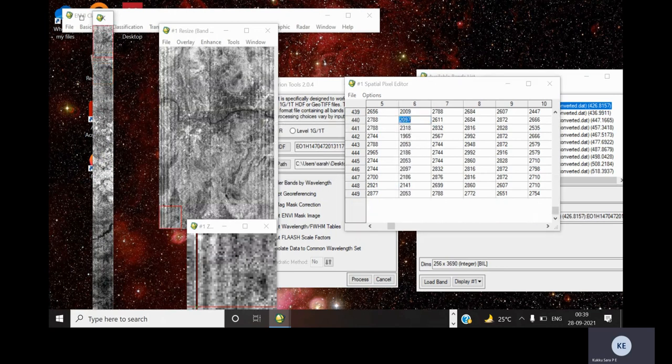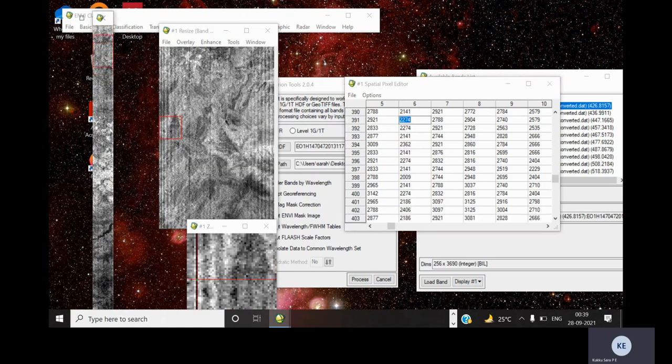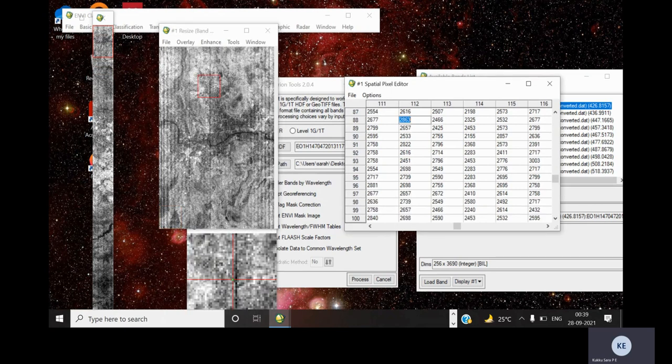Now you can see that the whole portion, the strips, are removed. Similarly, you have to do the same process for all the bands which have strips, to remove the strip lines.